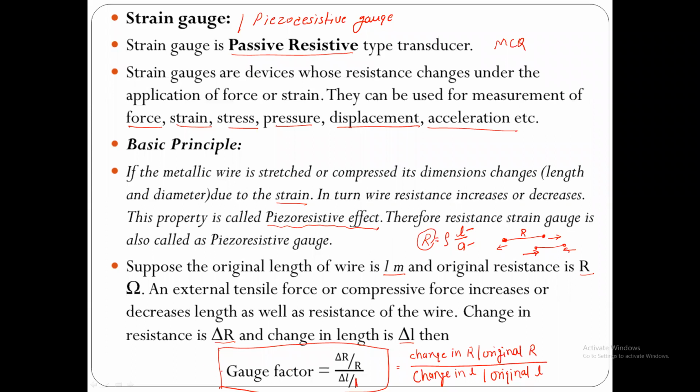And this gauge factor will decide the sensitivity of the strain gauge. How? When there is a small change in the length due to the applied force or pressure, if a large value of resistance is going to change, then definitely its gauge factor is more and it can be easily sensed. That's why I say that the gauge factor will decide the sensitivity of the strain gauge. And now please try to see that